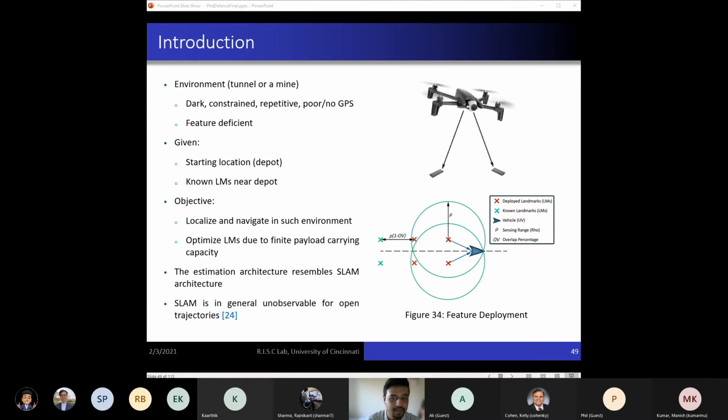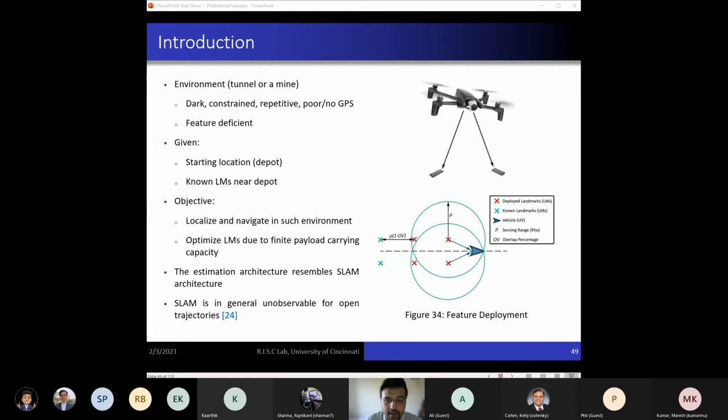We address this by injecting range-based beacons in the environment to act as information sources. Relying on this, the UV can localize itself. Since the vehicle can carry a limited number of payloads, or the payload carrying capacity of any vehicle is finite, we aim at optimizing the total payload required for localization. At any point, we drop the landmarks in pairs perpendicular to the body of the vehicle.